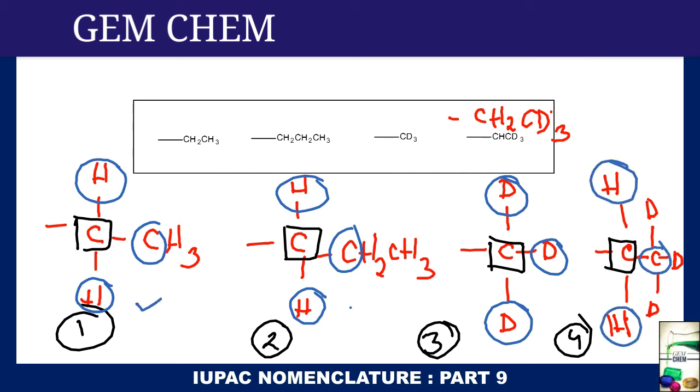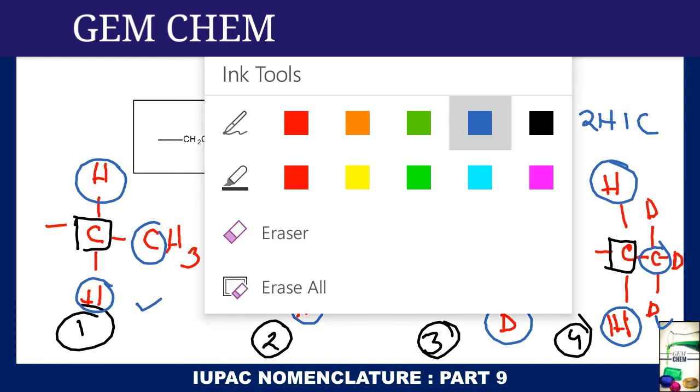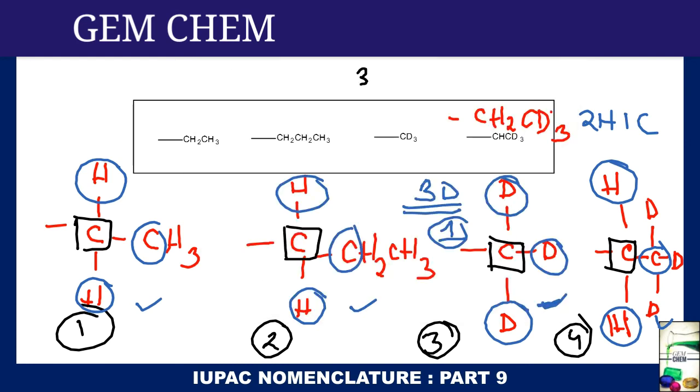So we see that the fourth one has 2 hydrogens and 1 carbon, whereas this has 3 deuterium. Now deuterium's atomic number is 1. So this is least prior. Okay. So 3 gets the least priority because all has atomic number 1. We are not going to use atomic mass rule until all the atoms are exhausted. Next we go for these. So in these cases these are common. So for 1, 2 and 4 we cannot apply this. So we will go for the next one.